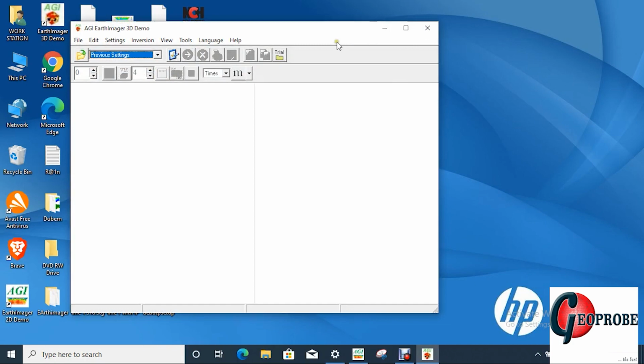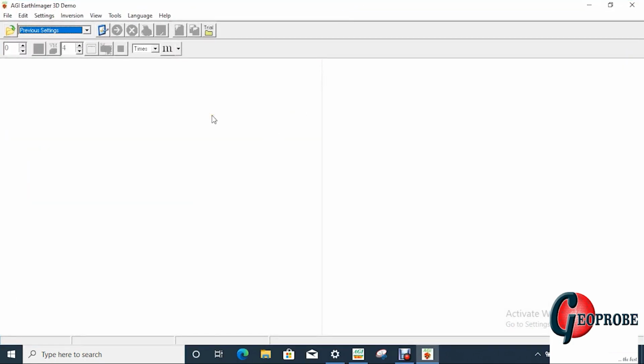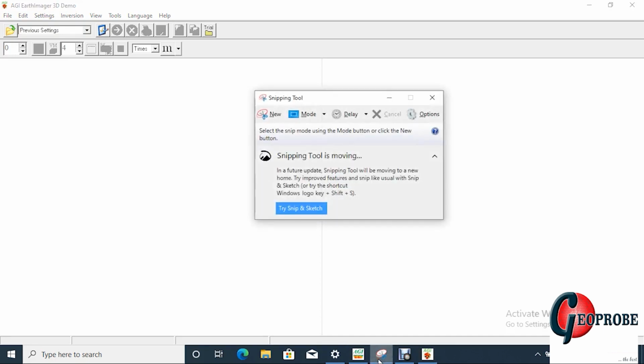Using Earth Imager 3D. This is a 3D version of Earth Imager. Okay, this is a 3D version. How to make sure that your lines are in parallel. According to the model I want to create right now for some lines, and to show you how these lines are, I'm going to give you